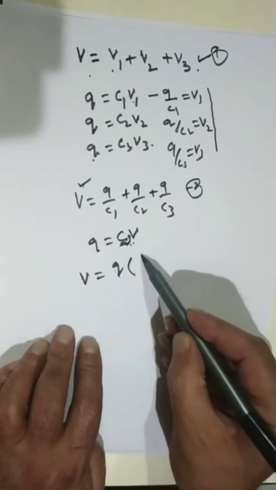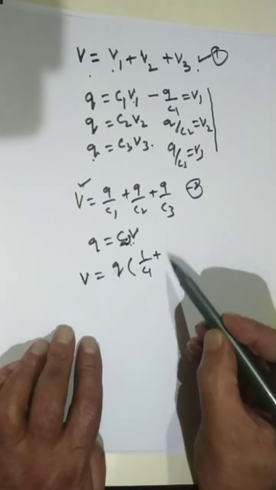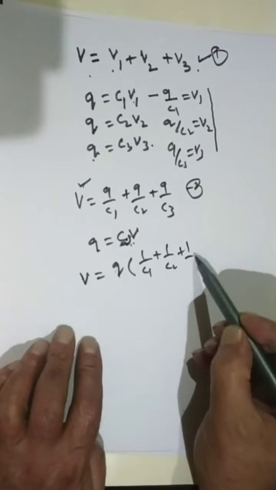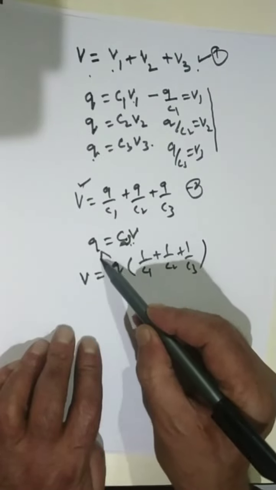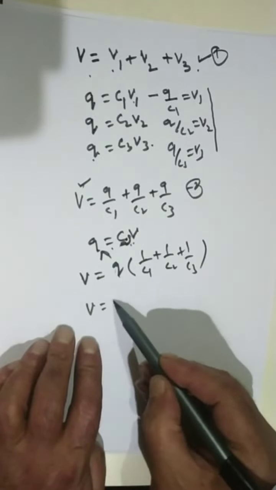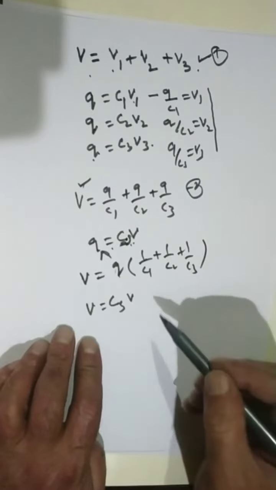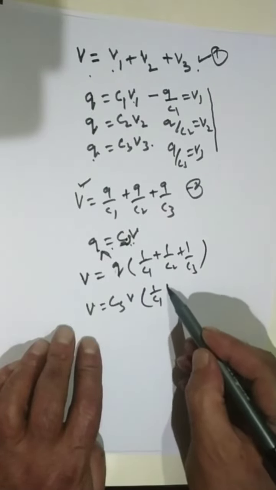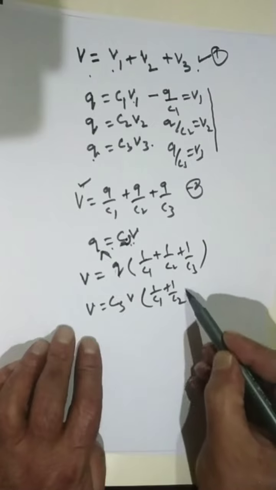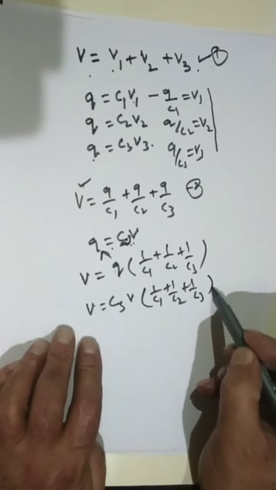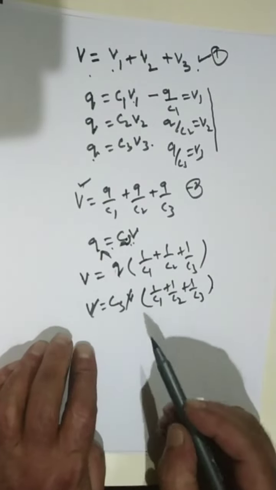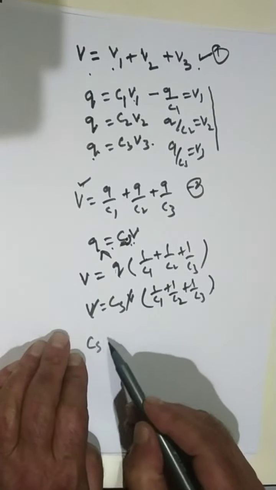Q by (1 by C1 plus 1 by C2 plus 1 by C3). Now we will substitute for Q. That is V is equal to CSV into 1 by C1 plus 1 by C2 plus 1 by C3. V and V will cancel out. So CS will be equal to